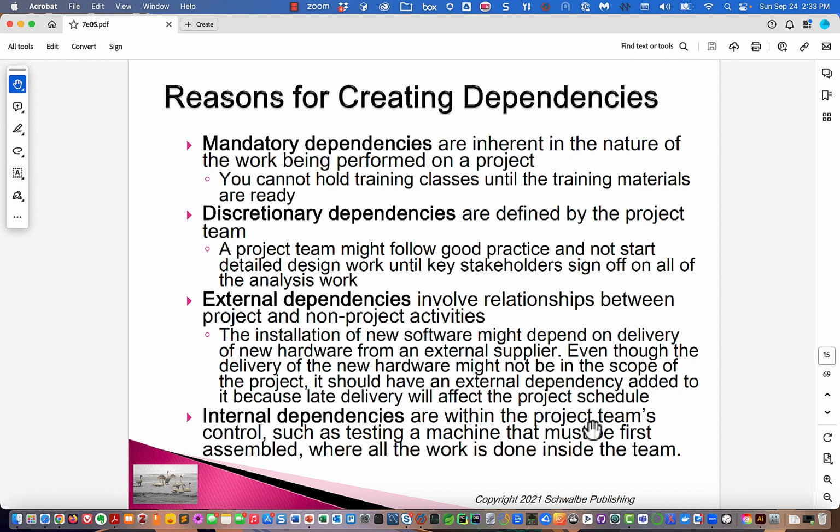Internal dependencies are within the project team's control, such as testing a machine that must be assembled, where all the work is done inside the team. Internal dependencies should all be in our plan, and all the work should be in our plan too. External dependencies are a way to put things into